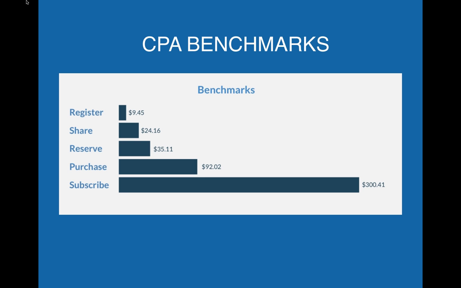So right. For example, let's take the reservation numbers here, and use an example. Let's say Uber as our example. The $35.11 is the cost for a user to install the app through a paid app install campaign, register, put their credit card information in, and then book their first car. Yeah, absolutely. I mean, obviously, this number isn't specifically for Uber; it's a general number. But yeah, that's right. So it's going all the way through that flow.